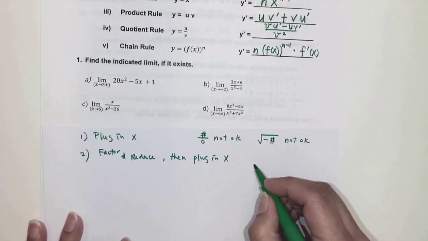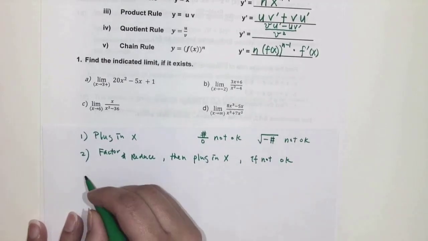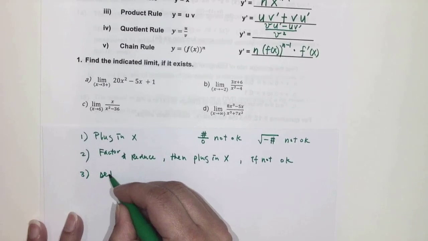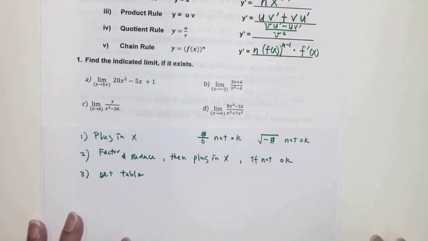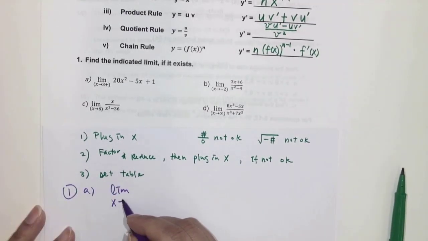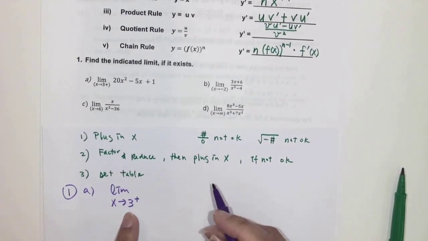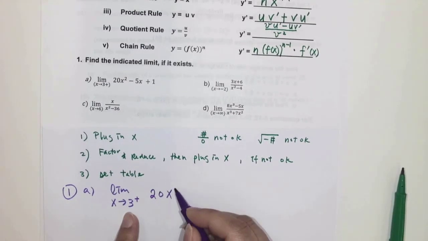But if that doesn't work, then you will move on to the last step, which is set the table. Okay. For number 1, we have a few questions here. Start with the first one. I have the limit as x approaches 3, the plus sign means coming from the right hand side, of 20x squared